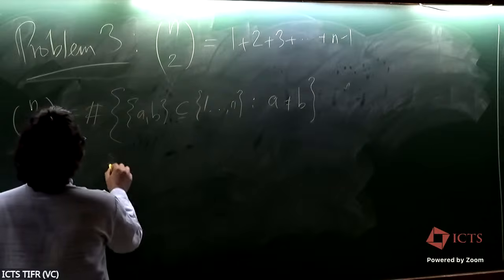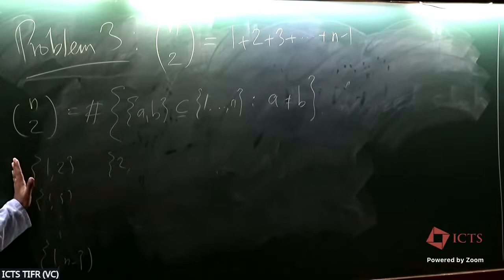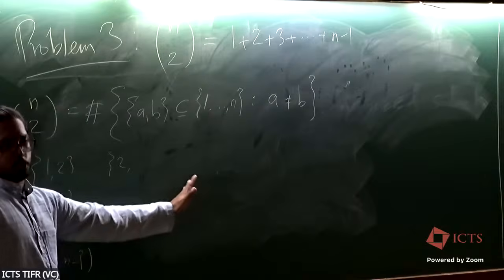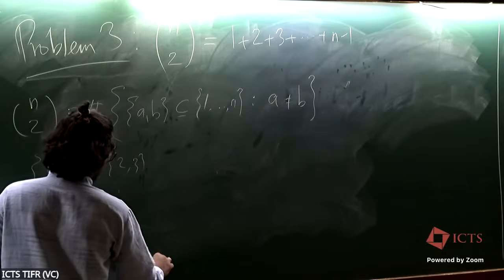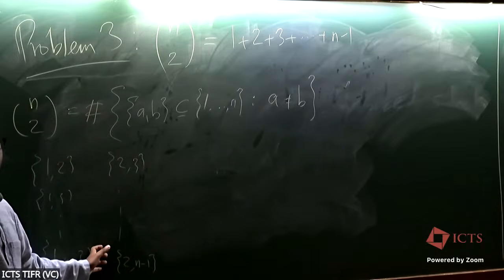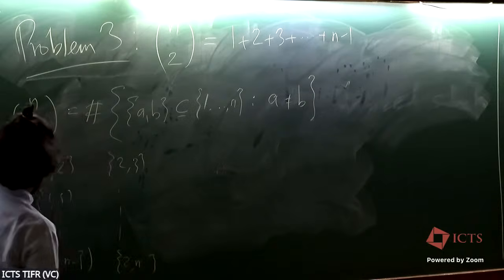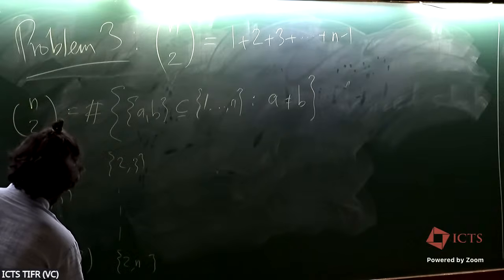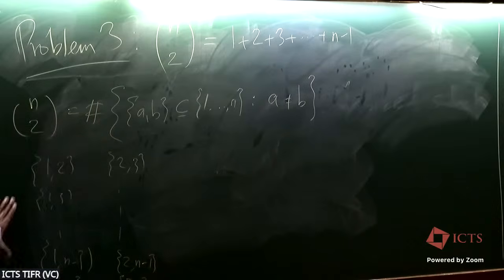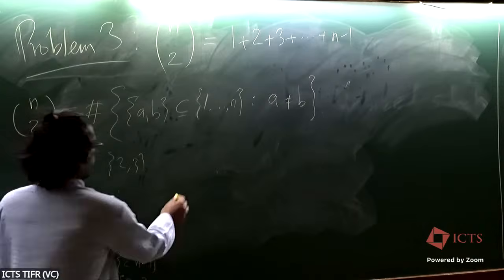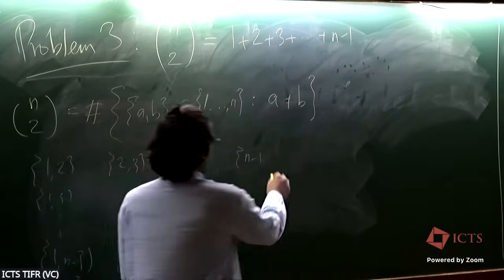Then she says start by picking 2, then deciding what to pick next. Now you can't pick 1 because you already picked that over here. So you only start picking those which are bigger than 2. So you have (2,3), all the way up to (2,n). How many are there? Oh, 2n, correct. Thank you. So these are n minus 2. All the way up to when the first element that you picked is n minus 1, you have only one choice for the last one.